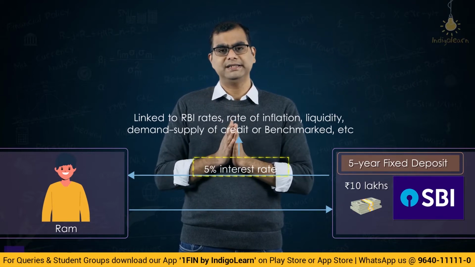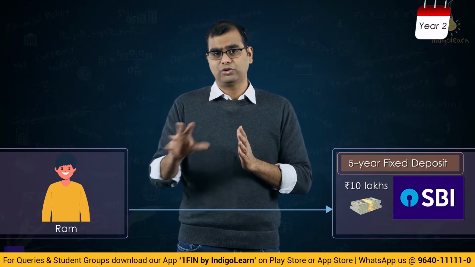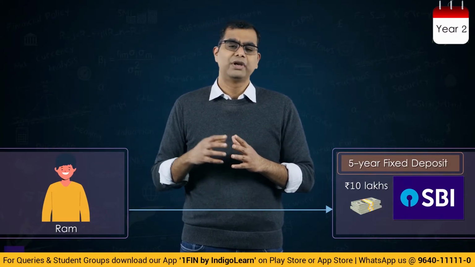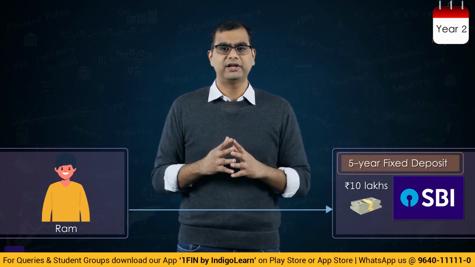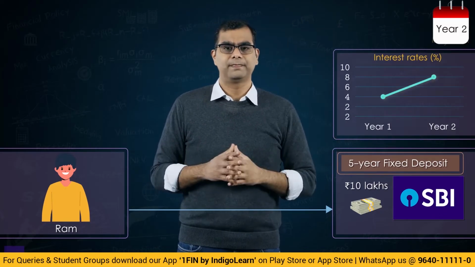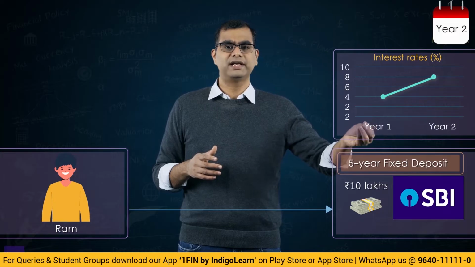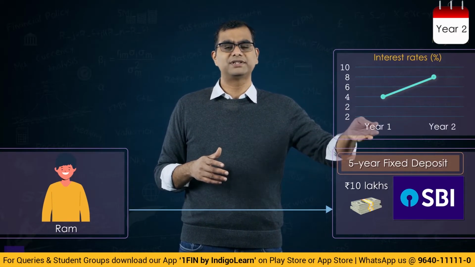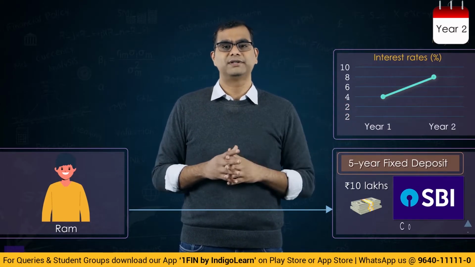Now, let us say suddenly after 1 year, 1 year is gone. Your total tenure is 5 years. It's called either tenure or maturity or whatever, right? That is 5 years. 1 year has passed. Suddenly, in the entire country, interest rates have dramatically gone up. What was 4% of the government RBI's rate has now become 8%. SBI's cost of funds, which was 3%, 4%, 5%, something thereabouts, has suddenly become 9%.